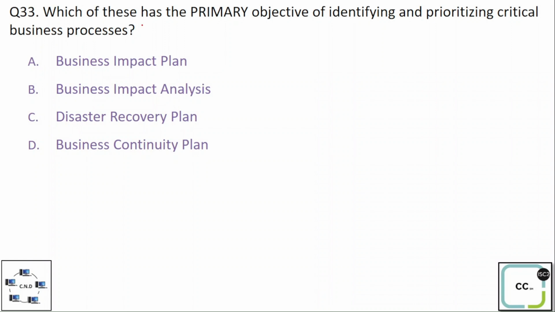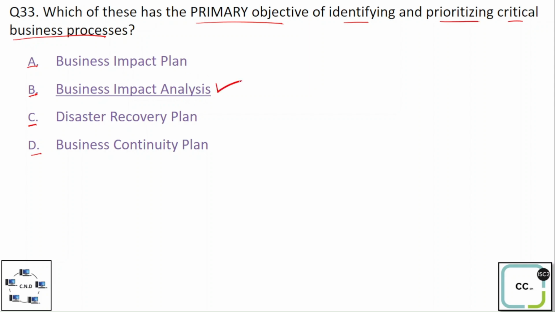Question number 33. Which of these has the primary objective of identifying and prioritizing critical business processes? Option A, business impact plan, and option B, business impact analysis. Option C, disaster recovery plan, and option D, business continuity plan. And the correct option is